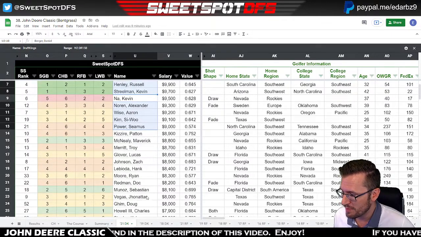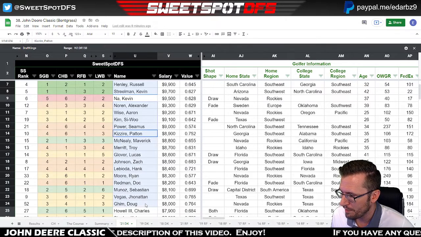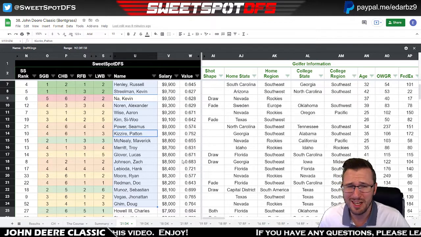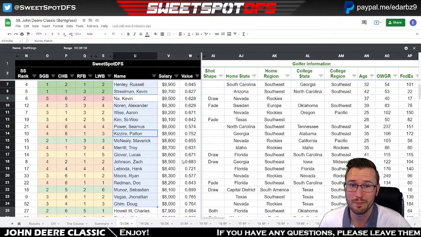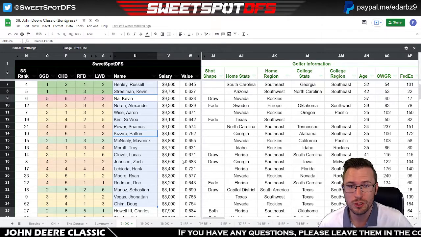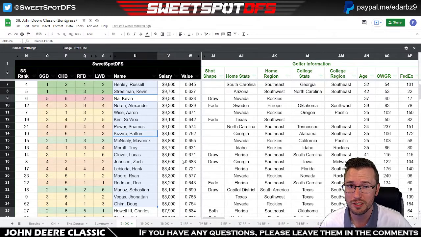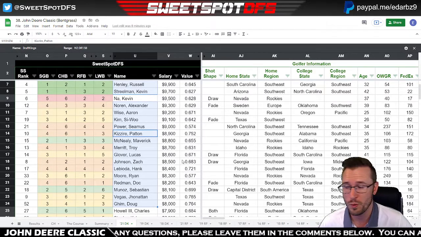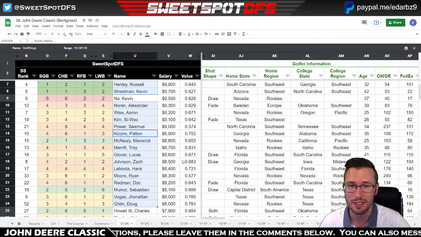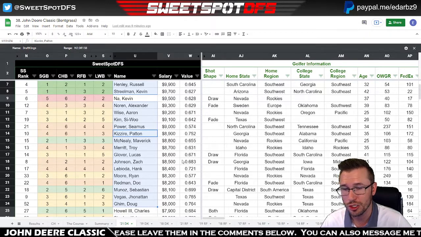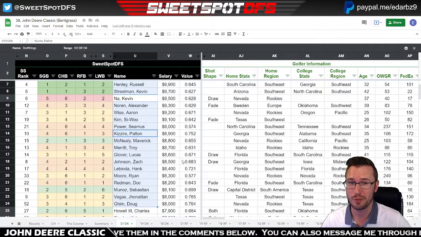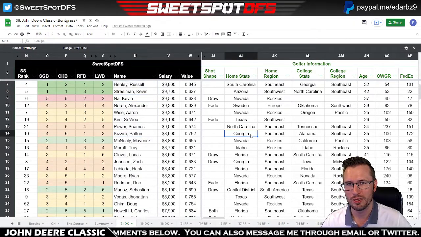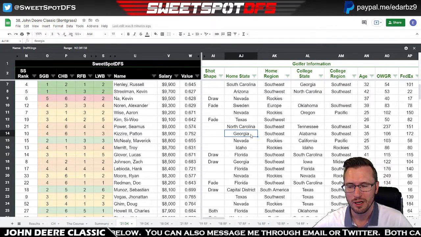And then the 8K range isn't bad at all either. Maybe not the formidable 8K range we've seen in the past, but if I'm being honest, the 8K range sucks most of the time. Like there might be one or two guys that finish inside the top 10. Last week it was just Kevin Kisner. So of the 9 golfers in the 8K range, it was only Kevin Kisner. If you wanted to pepper the 8K range, it would have been a bad idea. I think the 8K range is good when it comes to major championships, but for whatever reason, I feel like the 8K range on some of these other tournaments is